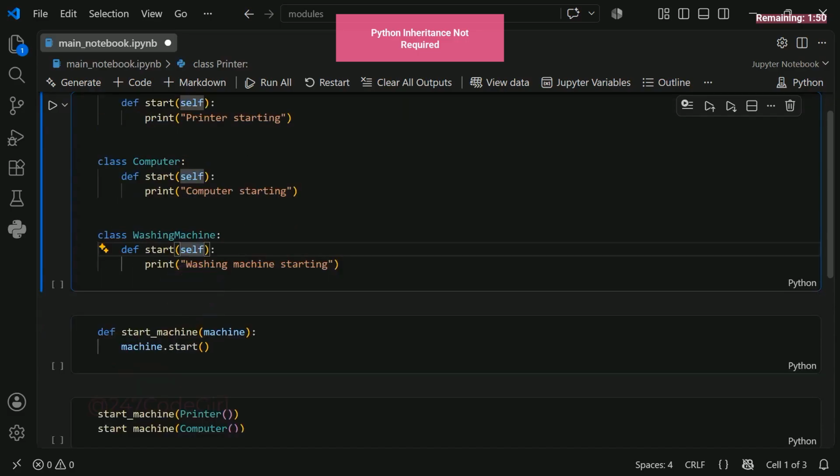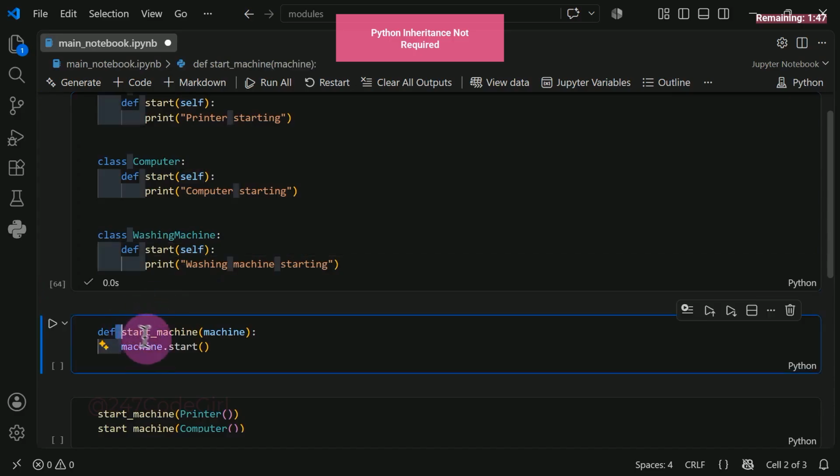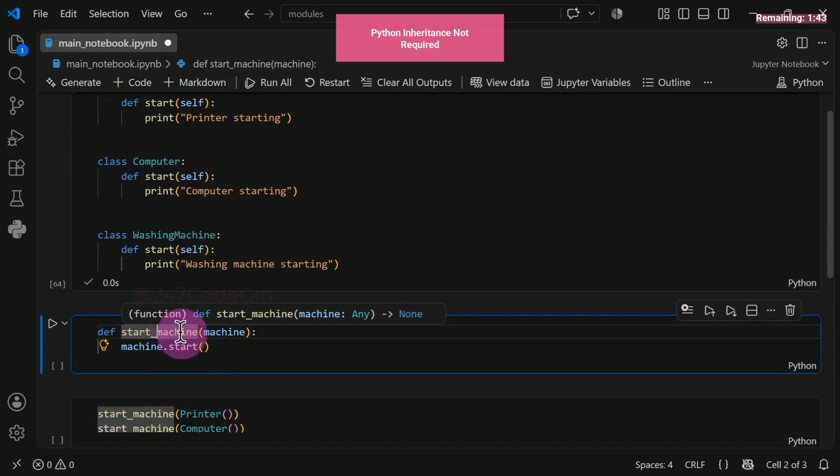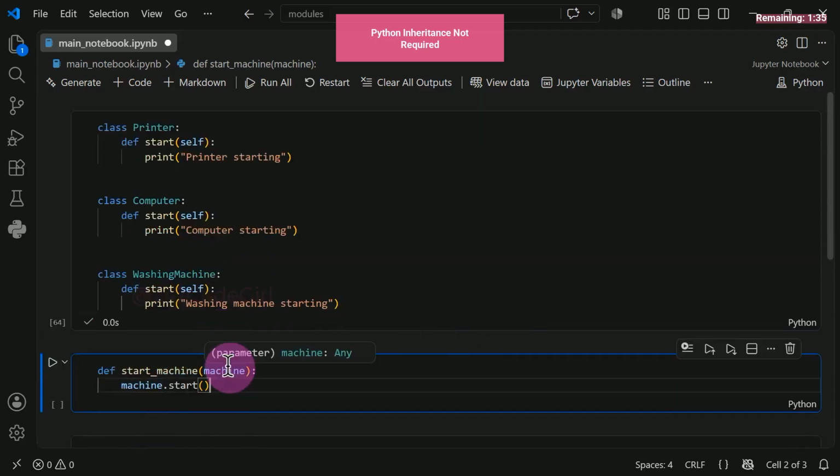Now you can write a standalone function, not a method, but a function. This would actually be a function, not a method, because it does not belong to any class. It is just an independent function. And all it does is take a machine, any type of machine. Look at this carefully. This is a plain variable, not a class. It is all lowercase. Just a standard variable. I could name it anything. I could have called it something completely random. And it would still work, because inside whatever name we use, it calls the start method.